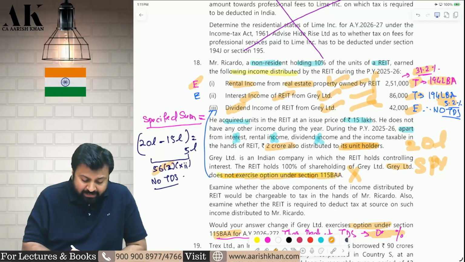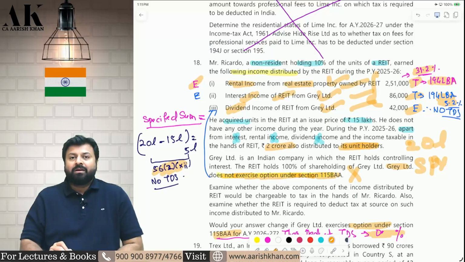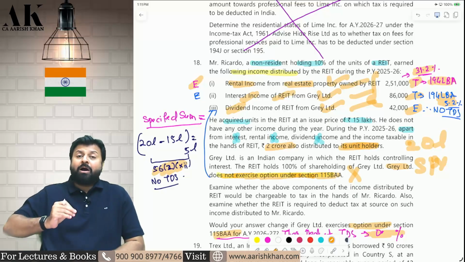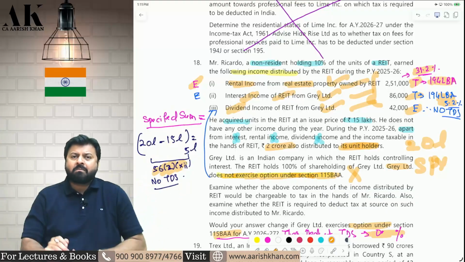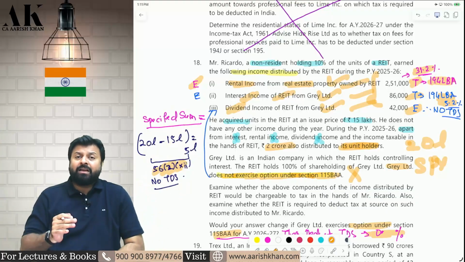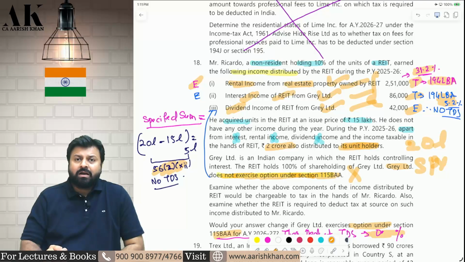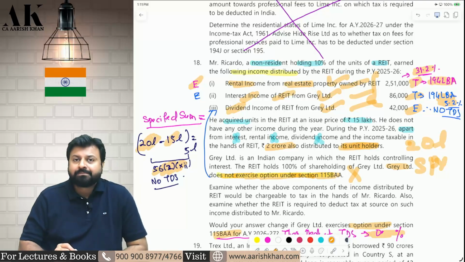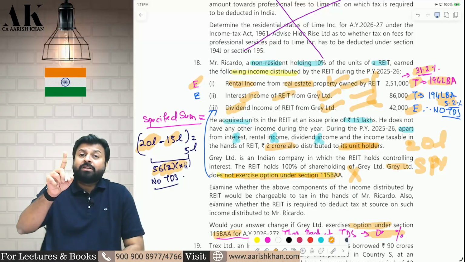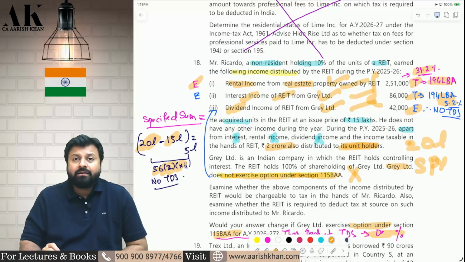So there, 56 to 12 will apply. What is 56 to 12? Any amount which is given over and above rent, dividend, interest, etc. will be taxable as IFOS in the hands of the investor. How much IFOS? Whatever is given as debt repayment minus whatever is the price of the units purchased in business